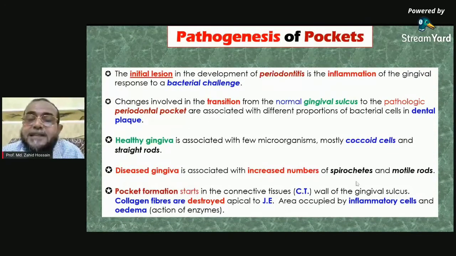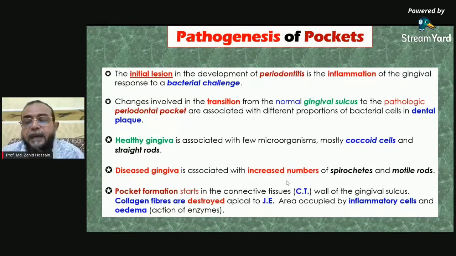So in these places, gradually, when an inflammatory reaction occurs, our body's immune cells, leukocytes, come to fight with the bacteria. Bacteria are actually called antigen. So this fighting occurs between our body's immune cells and the bacteria that enter our body to destroy our tissue. So these inflammatory conditions occur in this place in the pocket.